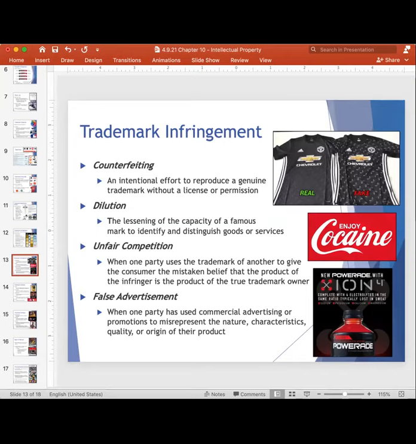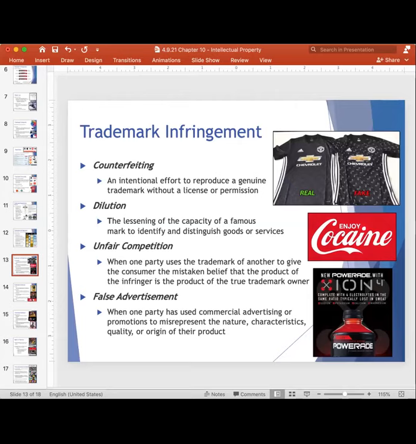The Lanham Act allows manufacturers, sellers, and producers of goods and services to prevent competitors from using any counterfeit, copy, or imitation of their trademarks in connection with the sale of any goods or services, because once again, this is likely to cause confusion, mistake, or deception. There actually was an act that came about after the Lanham Act, which is the Trademark Counterfeiting Act of